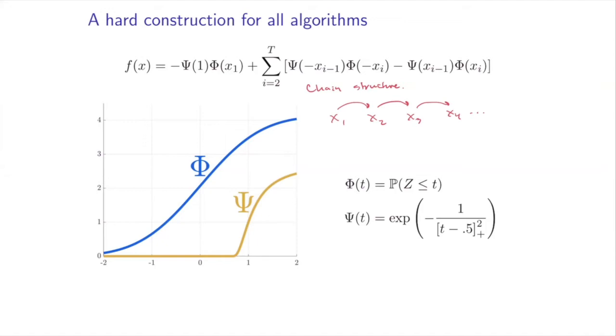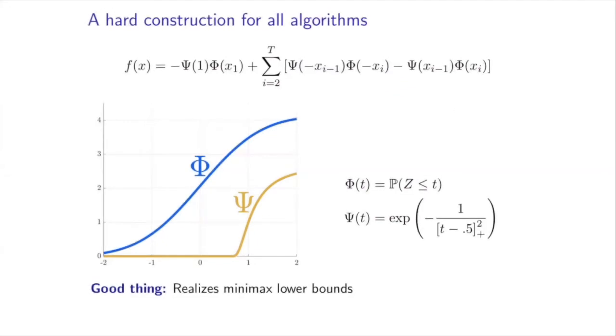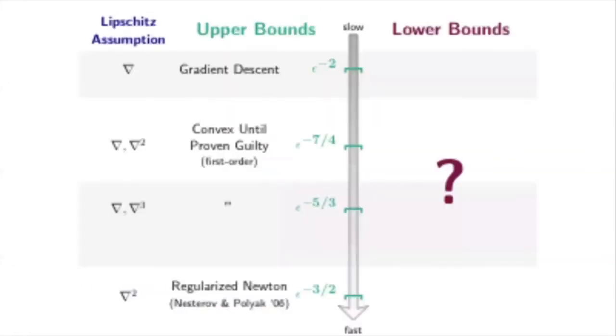So anyway, the point is that now we realize the minimax lower bounds for essentially all finding stationary points of non-convex problems. And I can tell you exactly what those stationary points are by going back several slides. So what are the minimax rates here? Well, we have upper bounds of, say, 1 over epsilon squared to get to an epsilon stationary point for gradient descent. So recall that what we're trying to do is get to a point where grad f of x,